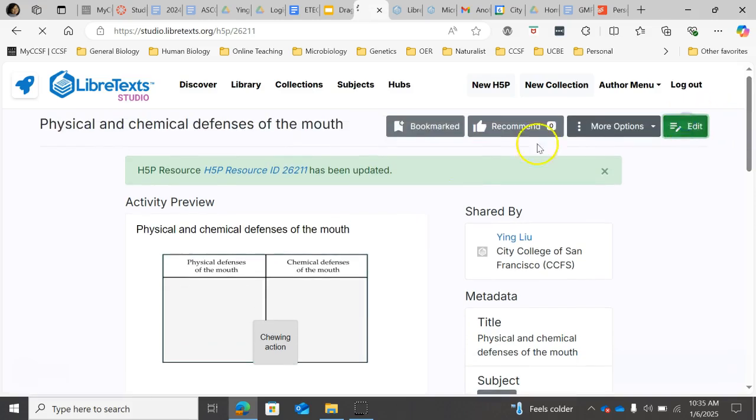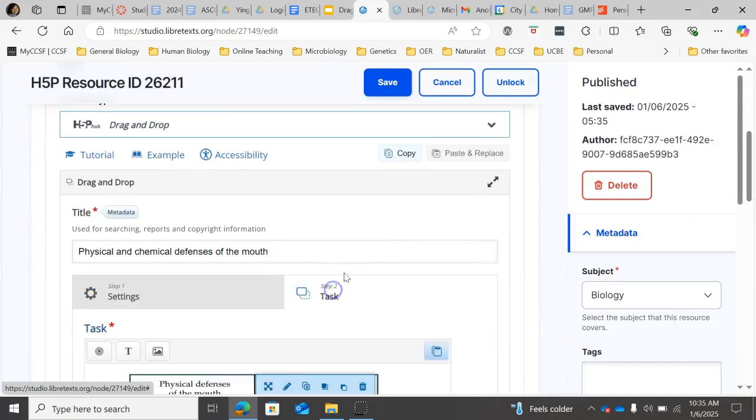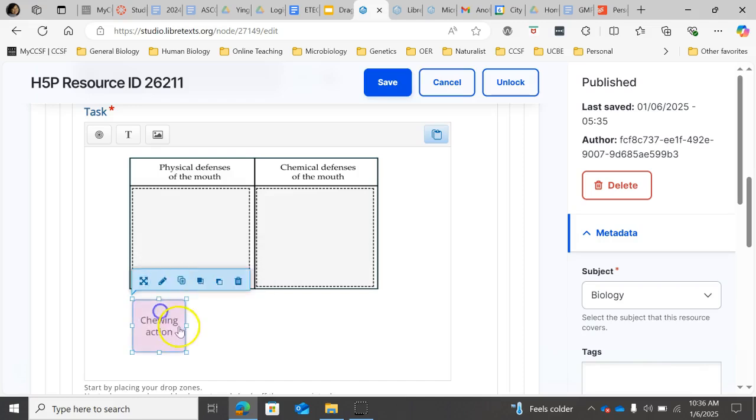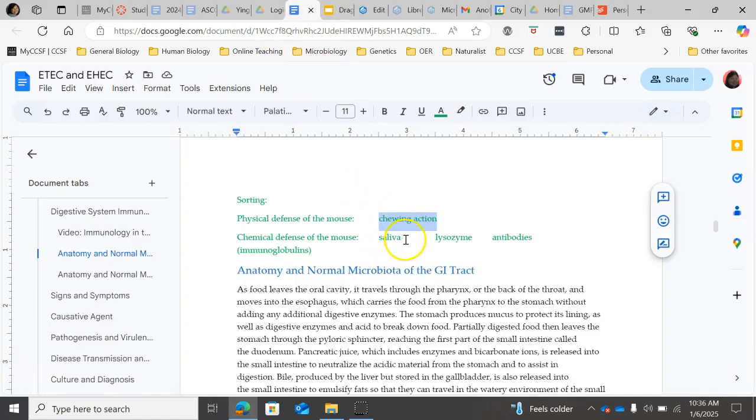And I'm just going to go back and go to task and just put it underneath the drop box. And do the next text. So for chemical, we have saliva,